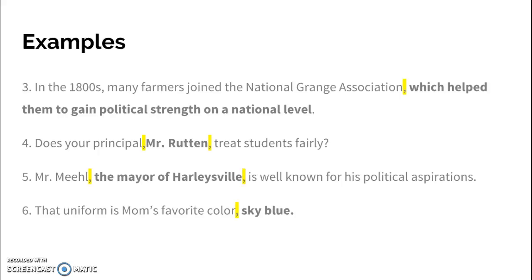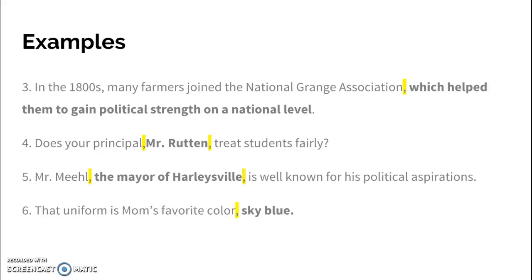In this case, the bolded part, which helped them gain political strength on a national level, is our non-restrictive element. We could take that out of the sentence and our sentence would still make sense. It's just adding more detail about the National Grange Association. So according to our rule, if it's at the end, a comma is going to introduce it, so we need